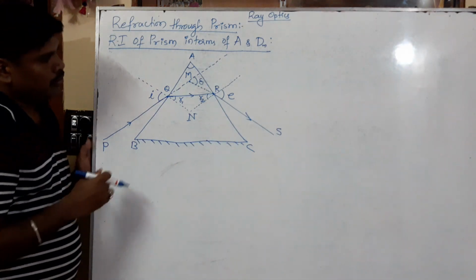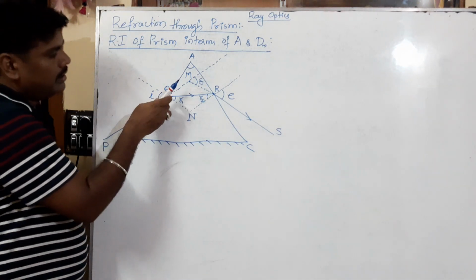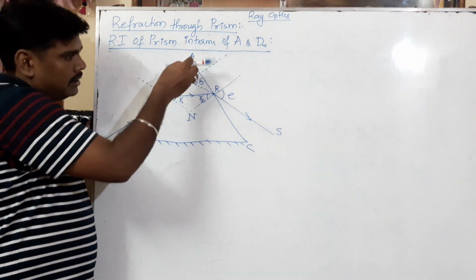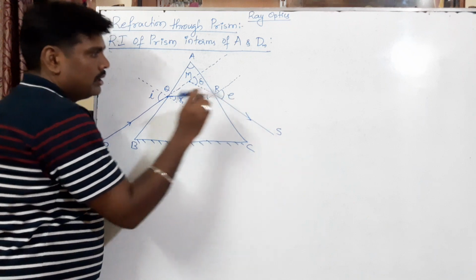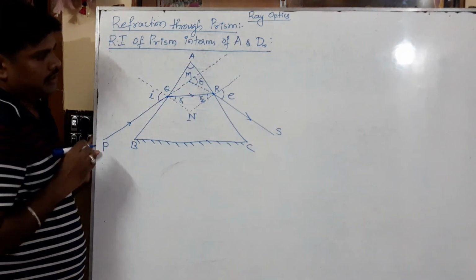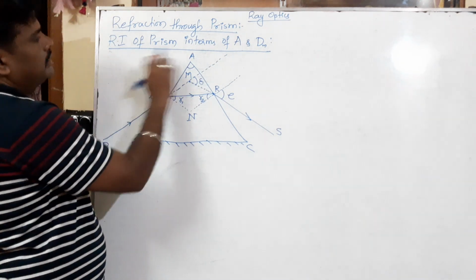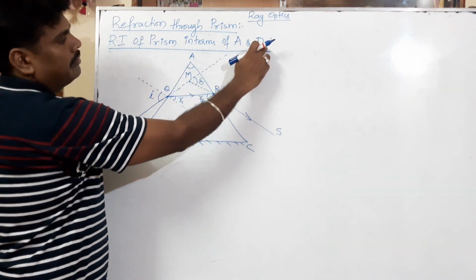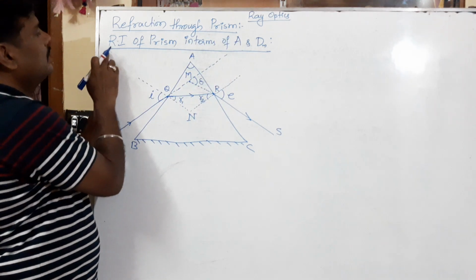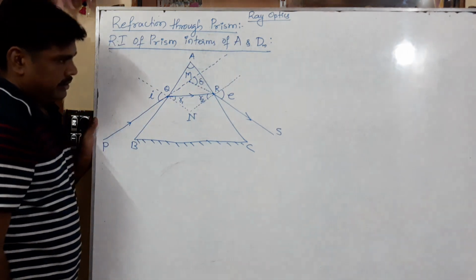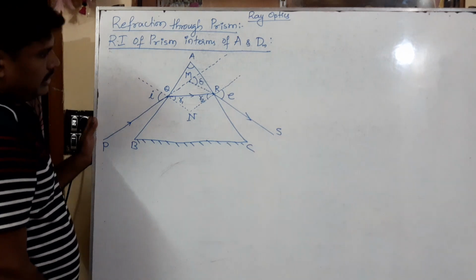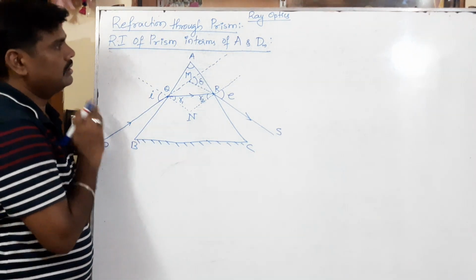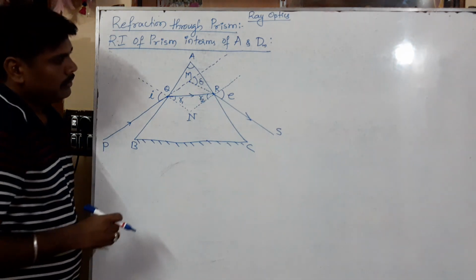Here we want the angle of minimum deviation. Later on I will explain what minimum deviation is. Generally, what is deviation? The angle between the direction of the incident ray and the direction of the emergent ray is known as the angle of deviation. With the help of the angle of the prism and the angle of deviation, especially minimum deviation, we are going to explain how the refractive index of the prism depends on them. Mathematically we are going to explain that. So this ray diagram is very important and essential to derive the refractive index of the prism.